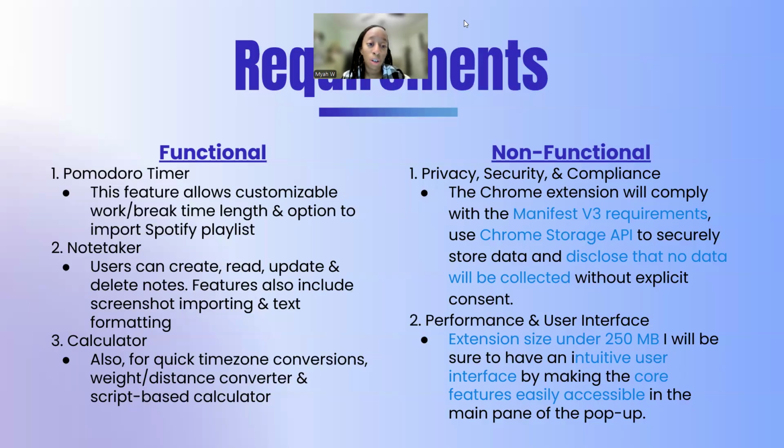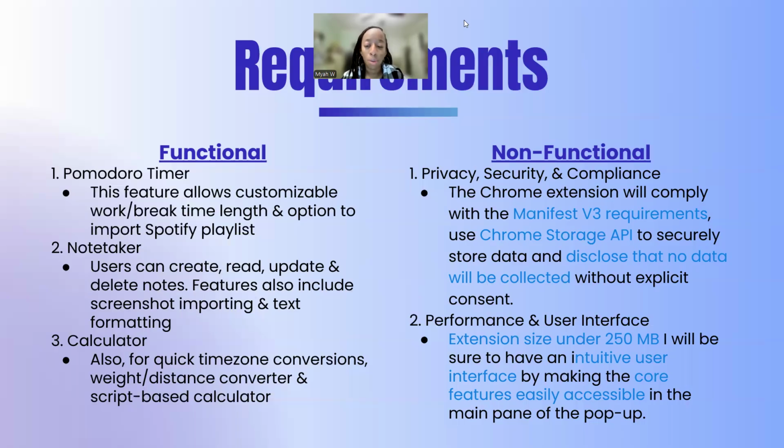For my non-functional requirements, if I were to get it to work as an official Chrome extension, it has to satisfy the Manifest V3 requirements. I wanted to, as mentioned before, use the Chrome Storage API to store data. It's an easier way to securely and accessibly access and utilize data. And I was also going to create a disclosure saying, hey, being that we are using the Chrome Storage API, no data will be disclosed or collected without explicit